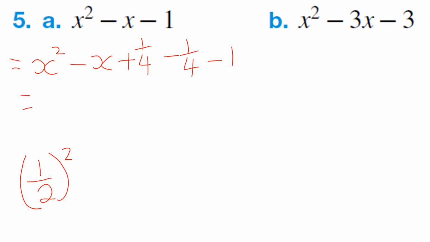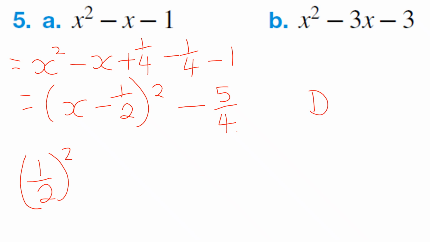So our perfect square here is not going to be as nice. It will be x minus a half all squared. And then we will have here negative 5/4. And I'm going to write it in this format because it's just a bit easier, especially if we then